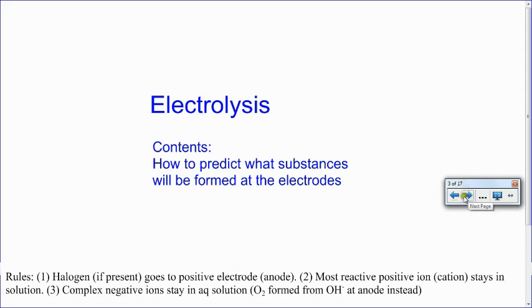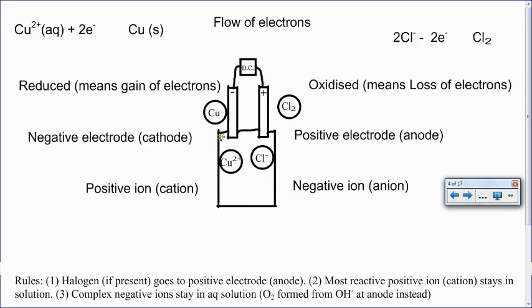First of all, we're going to make sure we understand the terms used in the rules, and we're just going to look at a quick bit of background. If you've got a beaker here and we've got an electrolysis set up with positive electrode, negative electrode here, the important thing to understand is that there's a flow of electrons around here in this direction towards the negative, and this is kind of a circuit, but part of the circuit here is a liquid, and for electrolysis to be able to work, the ions must be free to move in the liquid. So it will only work on substances with ions in and substances with liquid ions,